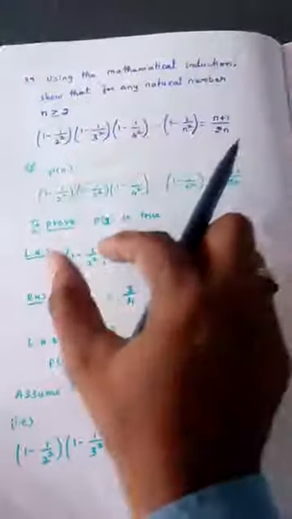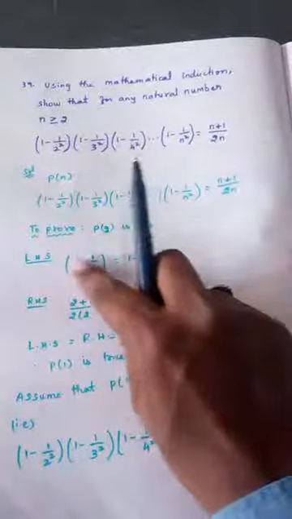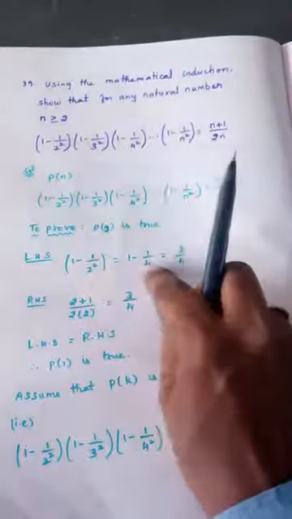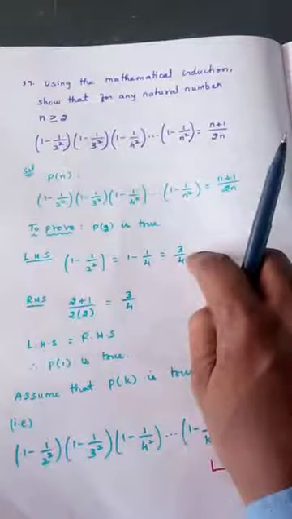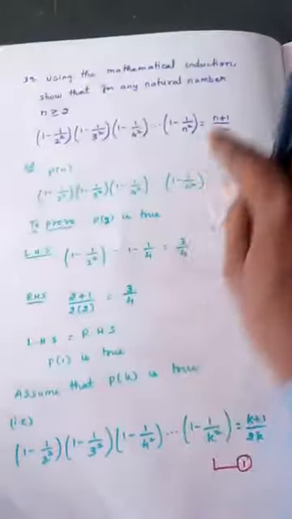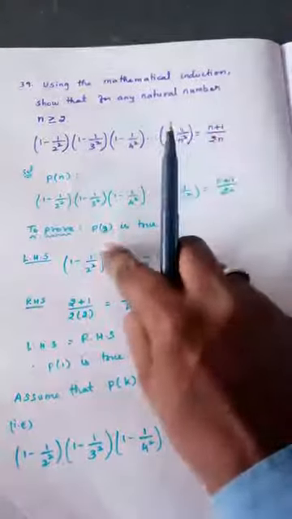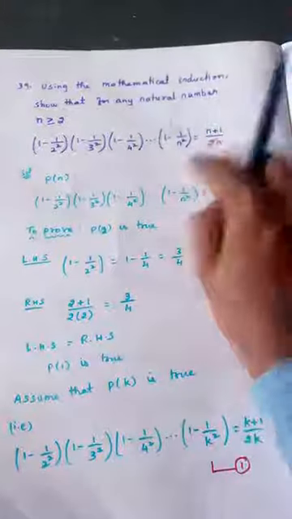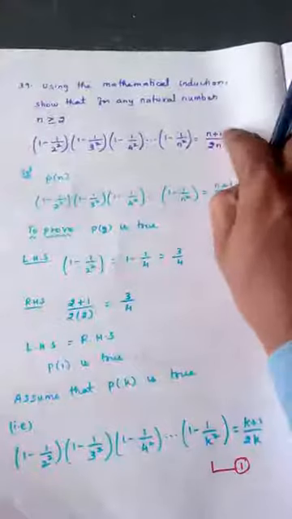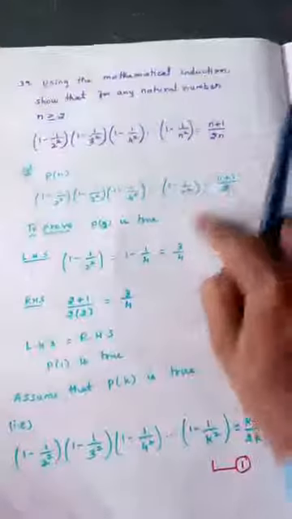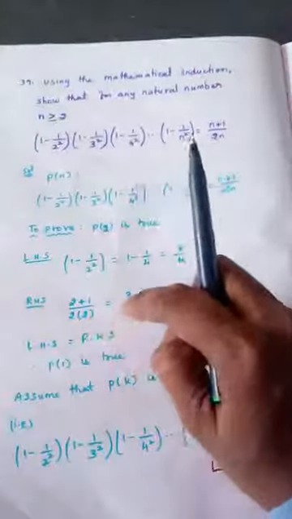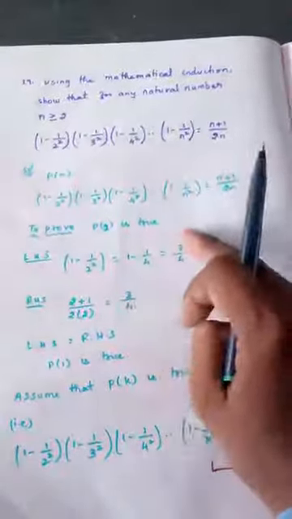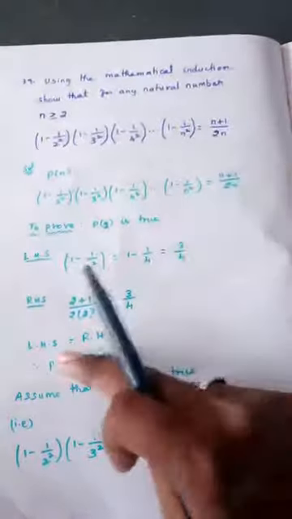So take the starting term alone for LHS. 1 minus 1 by 2 square. Calculate this. 2 square means 4. Taking LCM or cross multiplying, 3 by 4 is the answer for LHS. But while coming to RHS, you replace n by 2. Replace n by what? 2. So 2 plus 1 is 3, 3 by 4. Since RHS and LHS give the same answer, they are equal.